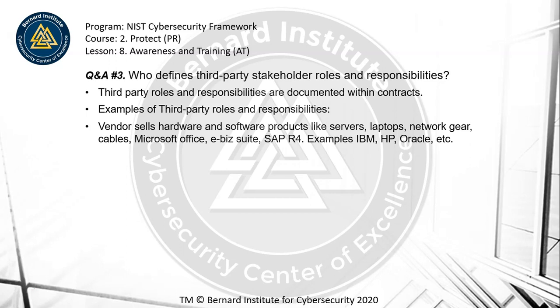Well, a vendor sells the hardware or software products like servers, laptops, network gear, cables, Microsoft, E-Business Suite, SAP R/3, examples of IBM, HP, Oracle, etc. So the vendor sells these applications to you, but in order for them to maintain the systems, to do patching and stuff, they need to have one profile who has the authority to basically back up those applications and to overwrite them and replace them with new patches. In some systems, they add layers of patches, and then after they get to a certain volume of layers, they create a brand new version of the operating system. In other systems,